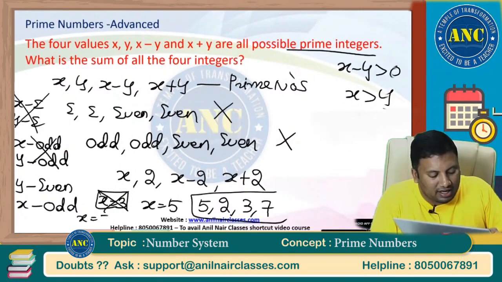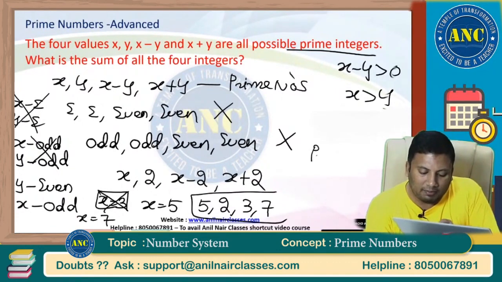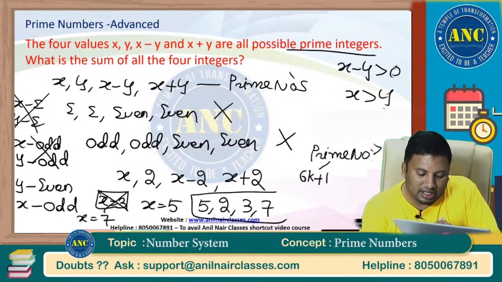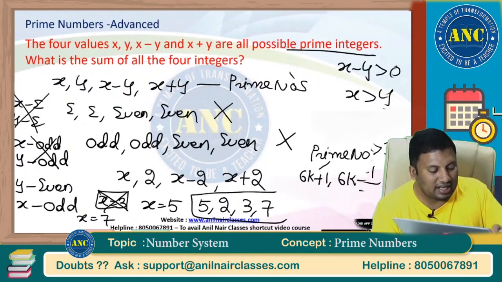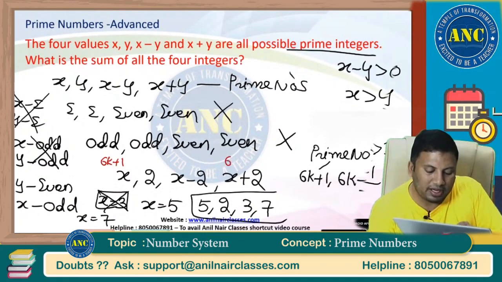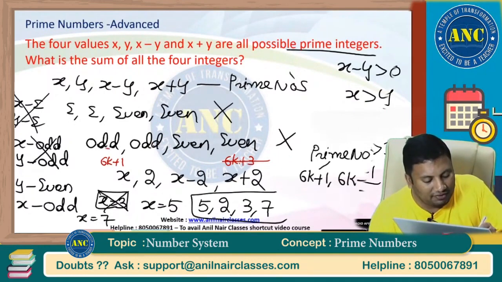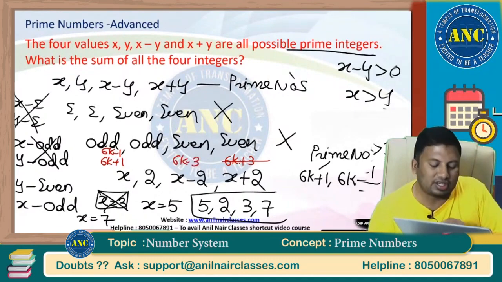Suppose if I take x value 7. Now if you see here, any prime number greater than 3, we have taken it as 6k plus 1 or 6k minus 1. Am I right? Now after 5, if I take 6k plus 1, this will become 6k plus 3. 6k plus 3 means it is divisible by 3. If I take 6k minus 1, 6k minus 1 minus 2, 6k minus 3, it